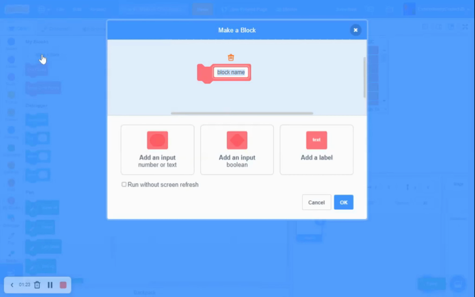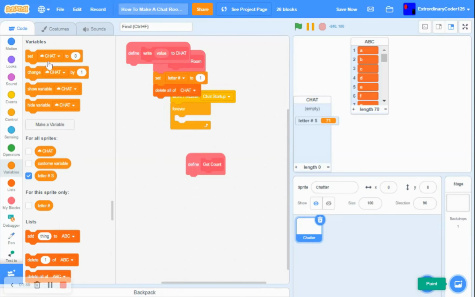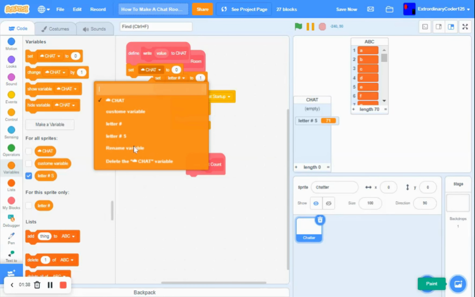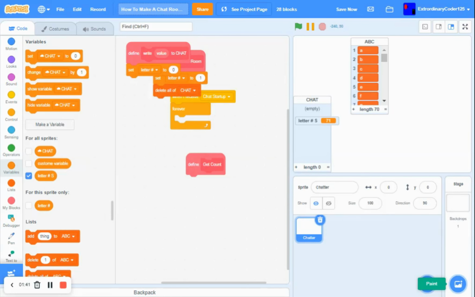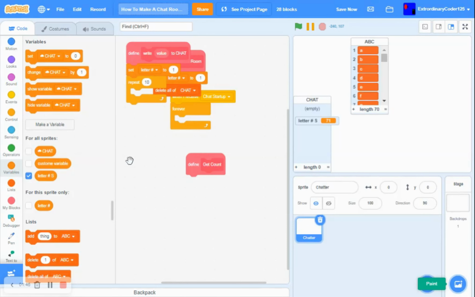So now that I'm in the chatter sprite, what do we want to do first? Wait, no. I already told you guys to make the chat variable, so it shows that pop-up message and all that. But anyways, when I receive chat start, so what we want to do is, we first